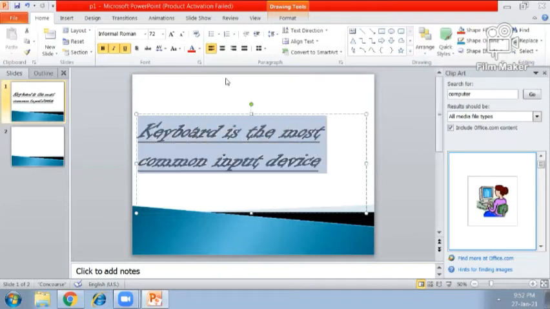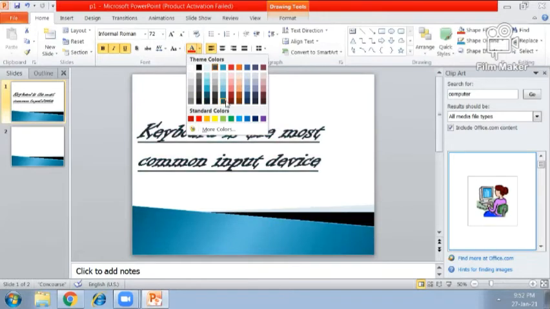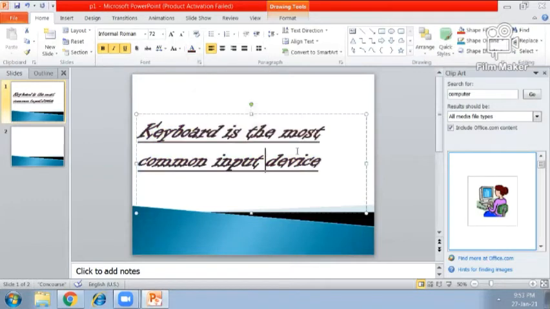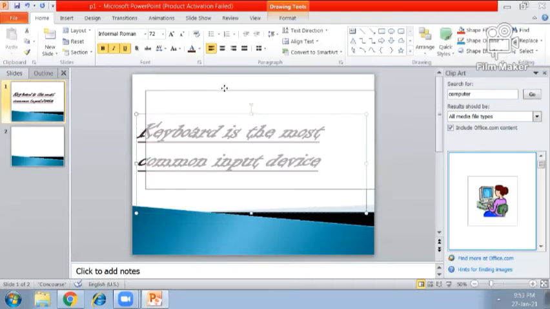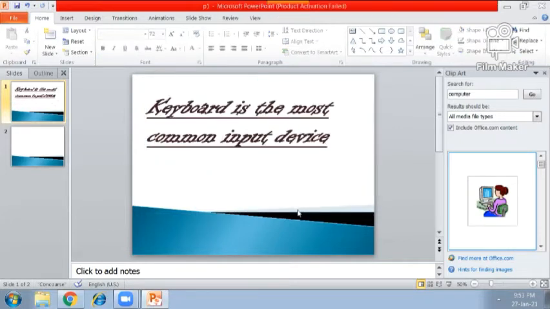Again, select the text and then choose the color from the color palette. Okay. Yes.